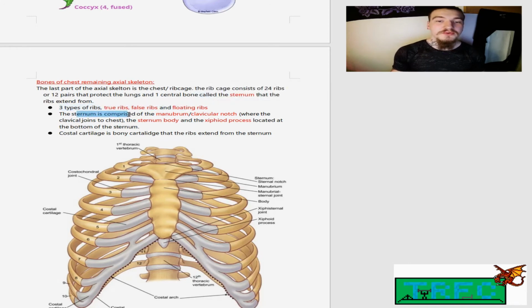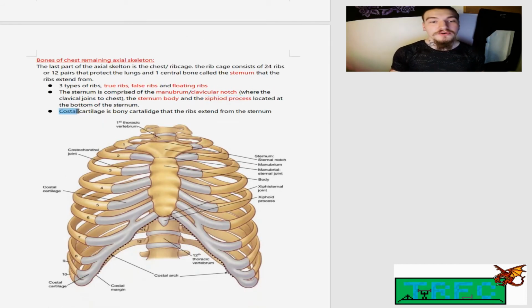The sternum is comprised of the manubrium / the clavicle notch. So this is where the clavicle joins onto your chest, and obviously the main sternum body. And then it ends with a xiphoid process, which is kind of like this little triangle shape right at the bottom here. And we've also got the costal cartilage, which is the bony cartilage that the ribs extend from, which